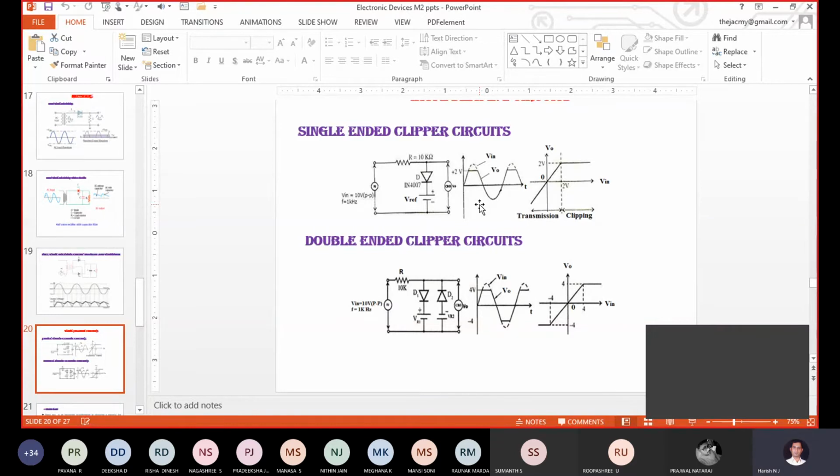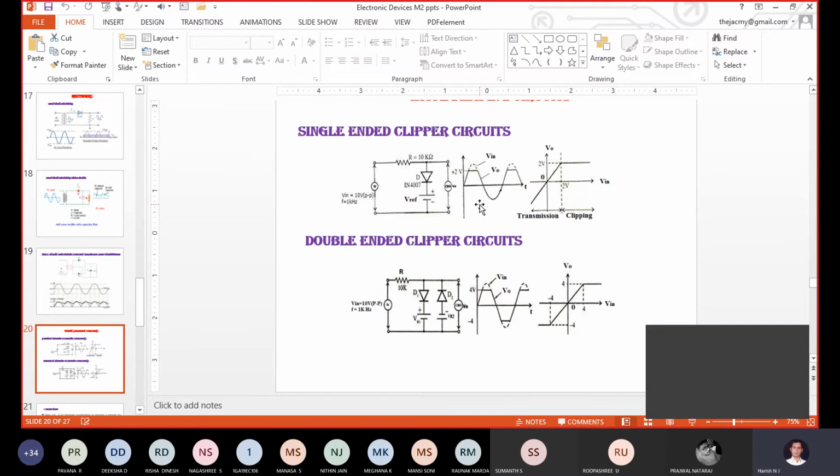Which diode are we using for designing the clipper? It is the practical diode, correct? So what are all the practical diode parameters? Cut-in voltage 0.7, forward resistance 10 ohm, reverse resistance 10 mega ohm, reverse current a few nano ampere for silicon, VBR up to 75 to 80, correct? These are all the practical values, right?